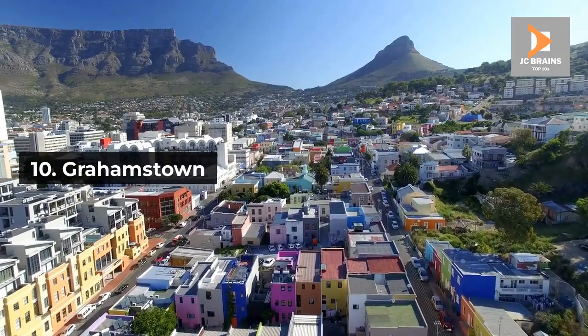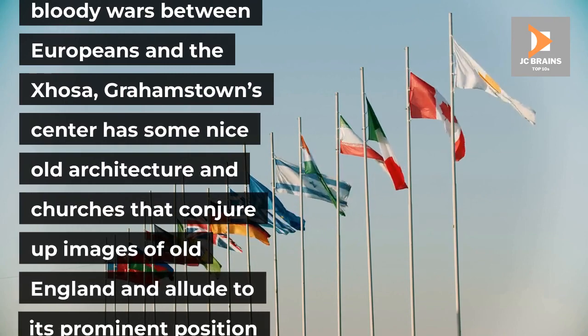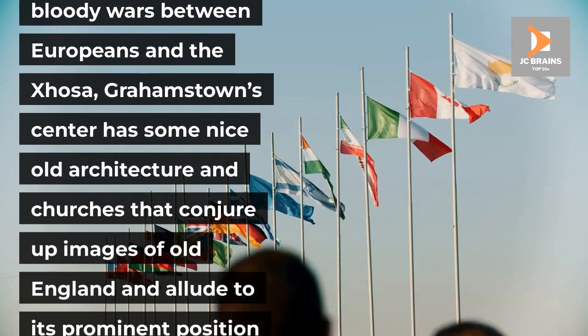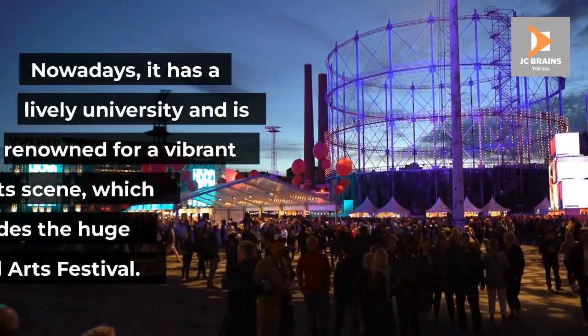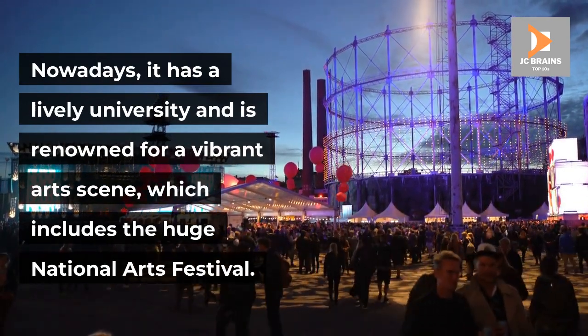10. Grahamstown. Once at the heart of bloody wars between Europeans and the Xhosa, Grahamstown's center has some nice old architecture and churches that conjure up images of Old England and allude to its prominent position in settler country. Nowadays, it has a lively university and is renowned for a vibrant art scene, which includes the huge National Arts